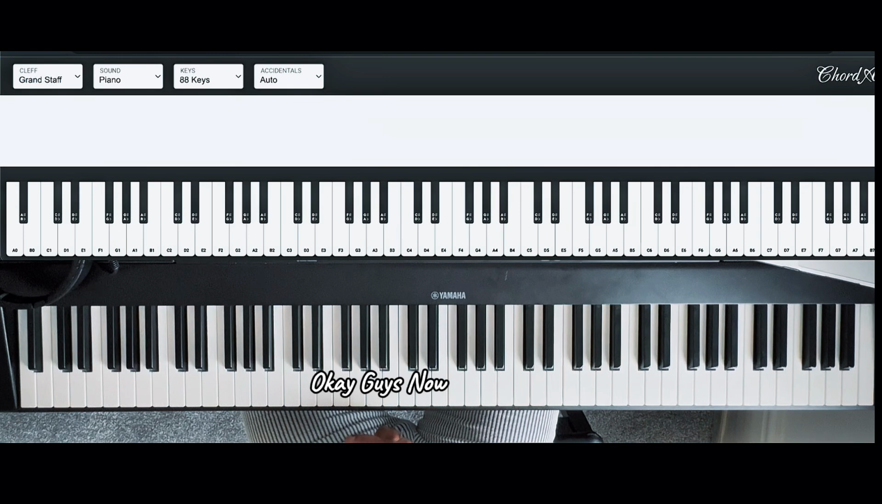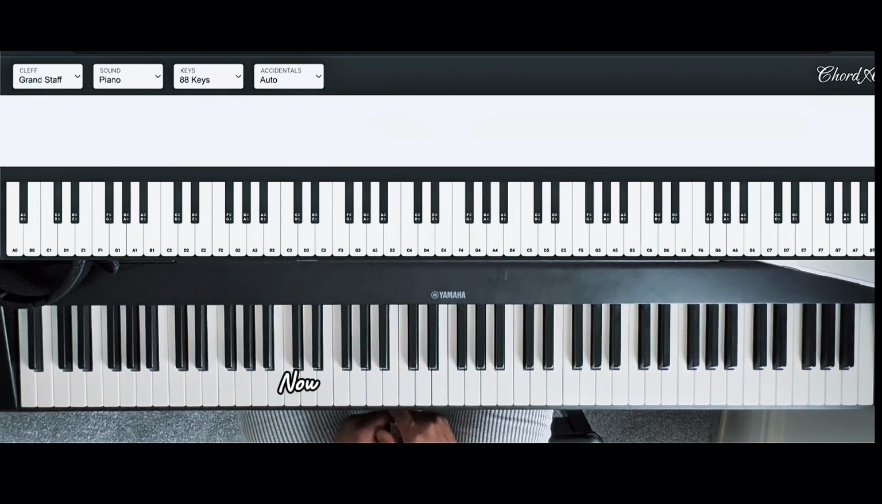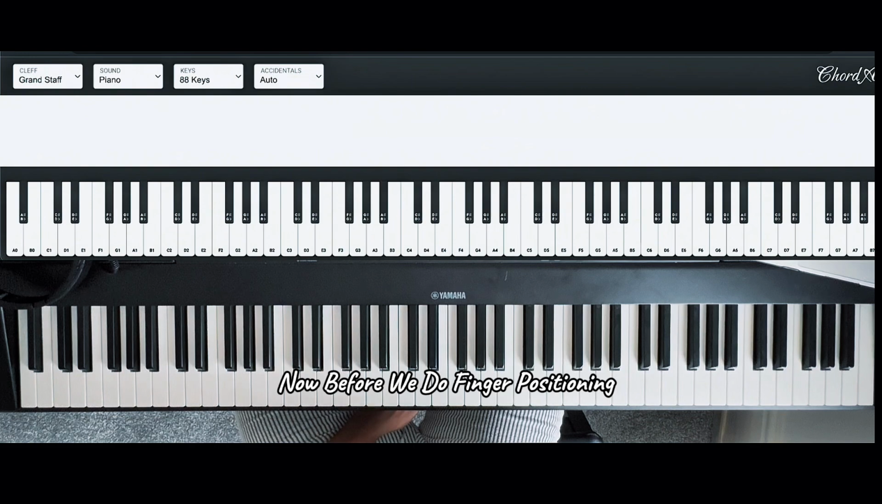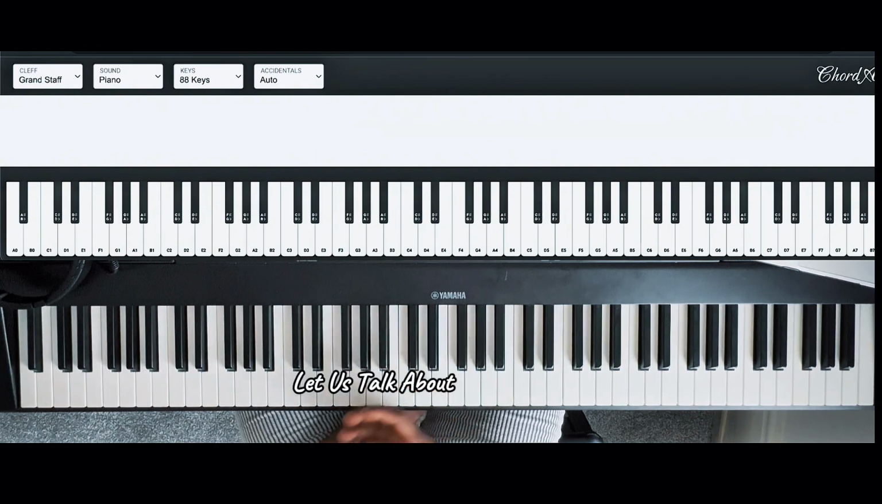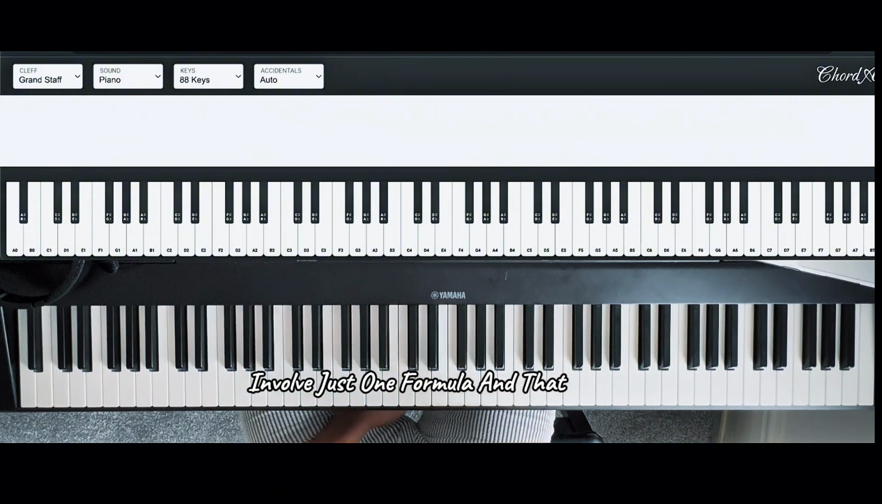Okay, guys. Now, on the key of C, major scale goes, right. That's the major scale. Now, before we do finger positioning, let us talk about the formula to building the major scale. To build a major scale on any key involves just one formula, and that formula is called